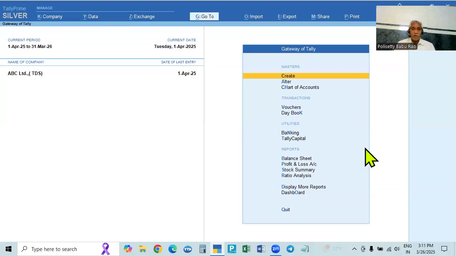So this is about the third method, splitting of the company data or splitting the financial year. That we will take up in the next video. That is the best method. So this is all called continuation of the financial year. Splitting the data into two financials, the last financial year and the new financial year. It will be split into two.